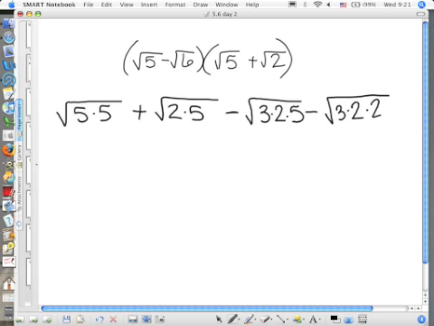Can I reduce this one? Yes. I have a pair of 5s. Take out a 5, there's nothing left underneath. What about the next one? No, so it's the square root of 10. What about the next one? No, so it's